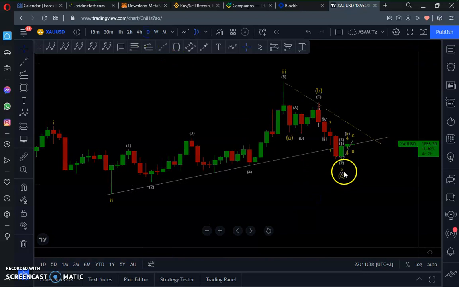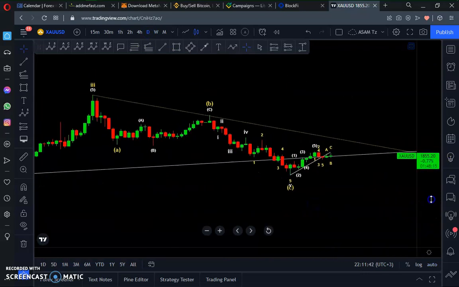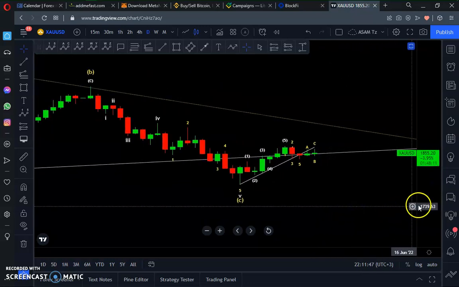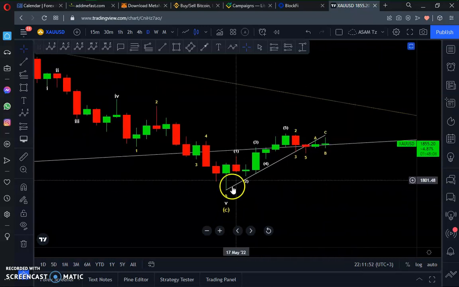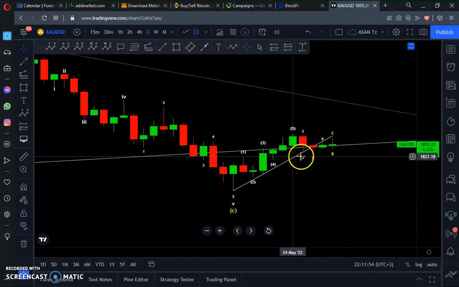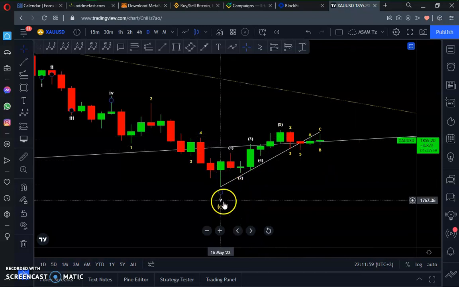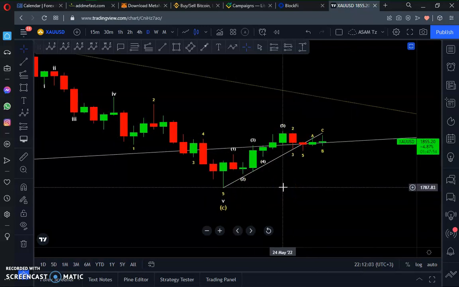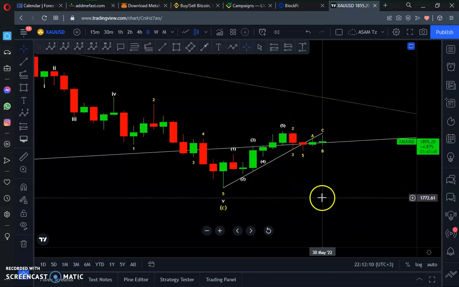Moving to the daily time frame, there are some key things we can incorporate to get the proper direction of the market. One of the most important things to consider here is the wave count. We have a 5 wave count to the upside, and at the same time a candlestick formation at that top area. The 5 waves up were completed on 24th of May. So we had the 5th wave to the upside on 24th of May.